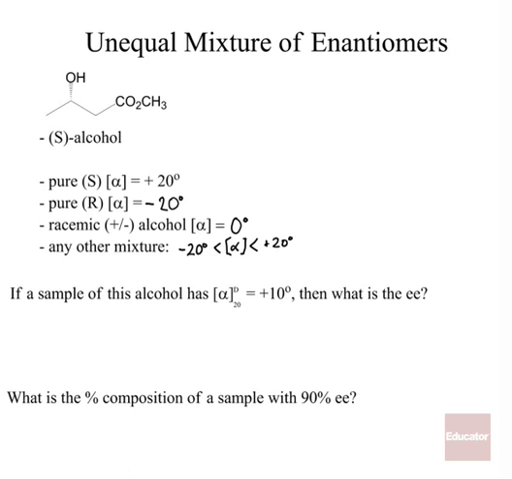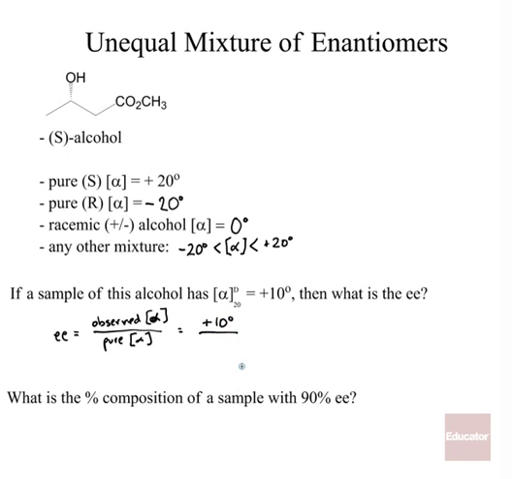So for example, if you had a sample of this alcohol, it was pure alcohol, you took an NMR and you saw no other peaks in here, so it's not contaminated with any other molecule, but its optical rotation is plus 10 degrees, then what is the EE for this sample? Well, remember, EE is defined as the observed optical rotation divided by the pure, or the literature, optical rotation. So we see that our sample has a plus 10